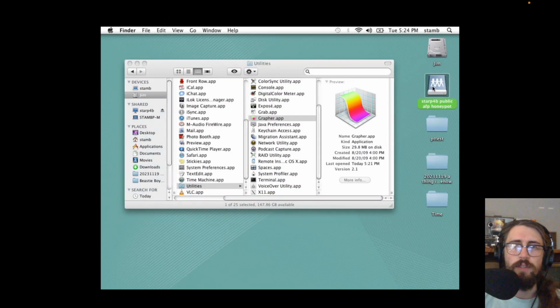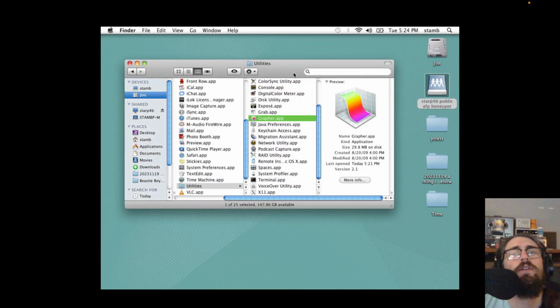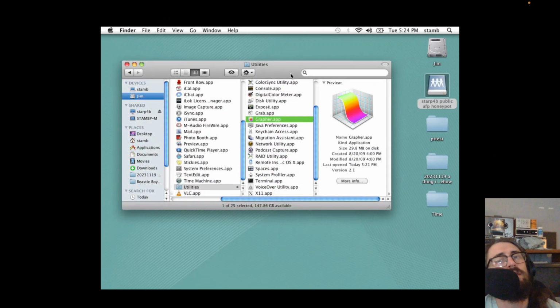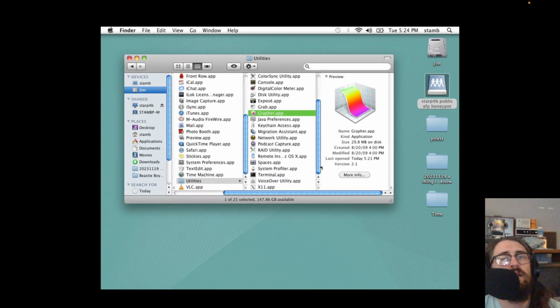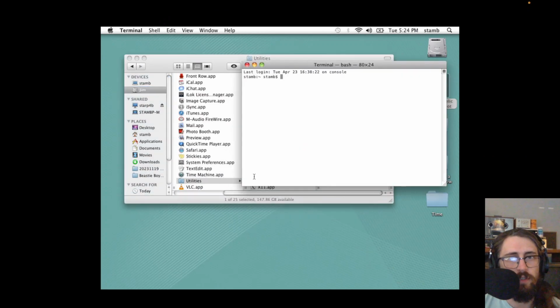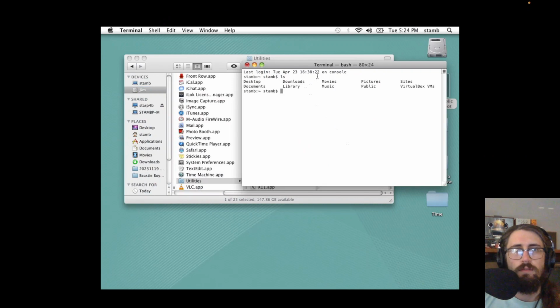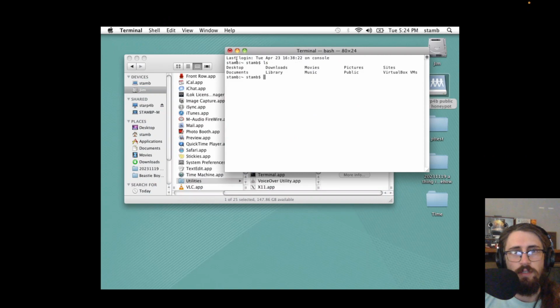I guess one thing that was kind of cool is that the AFP stuff works fine. So if you saw a past episode where I showed off an iMac and Raspberry Pi and stuff, it's cool. If you really need to do things, you can use bash in the terminal, whatever it's called.